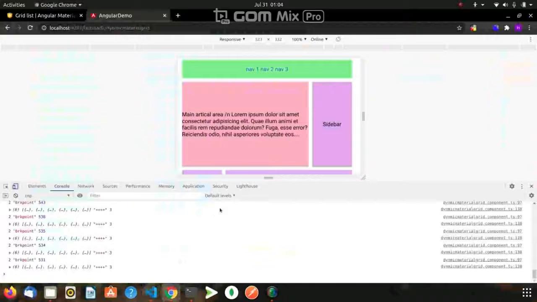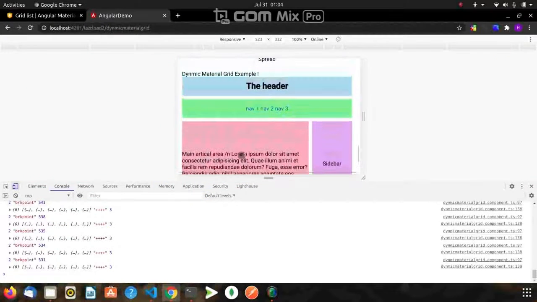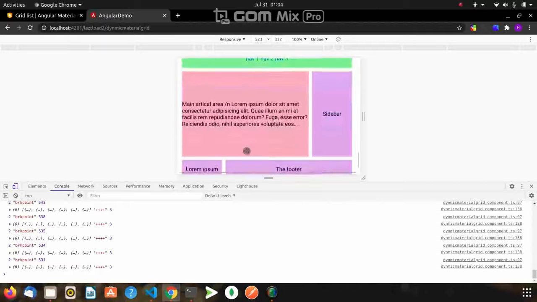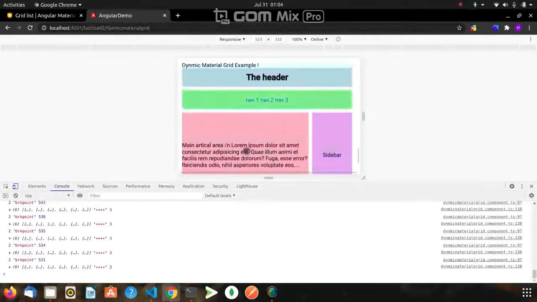So let's have a look at that. There are 4 columns, 1 2 3 4 columns, and the single row which I declared in the backend.